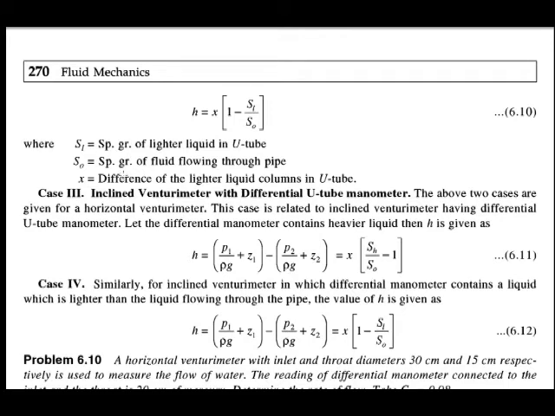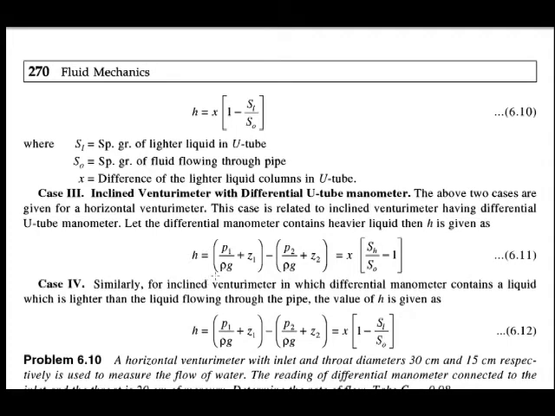Up to here we are considering the venturimeter in horizontal position. Our next case is the inclined venturimeter with the differential U-tube manometer. Up to here we saw the two cases of the horizontal venturimeter, but this case is related to the inclined venturimeter having a differential U-tube manometer. When the differential manometer contains the heavier liquid, then h is given by